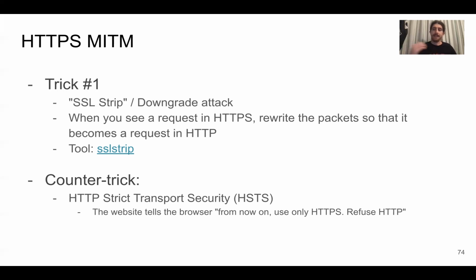What does it mean? Let's go back to the example of facebook.com. You have the user that goes to facebook.com with HTTPS, okay? And in this case, the attacker would downgrade the connection. So it would say, you know what, let's go to HTTP. In this case, basically, scratch what I said. Let's say that we start with a scenario where at the beginning there is no attacker. So the user actually goes to facebook.com, there is no attacker, and the connection reaches facebook.com, and then facebook.com would reply in HTTPS, but it